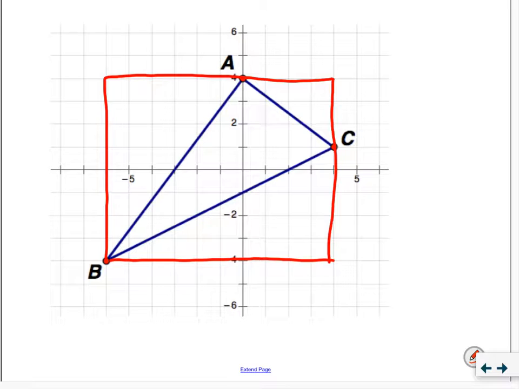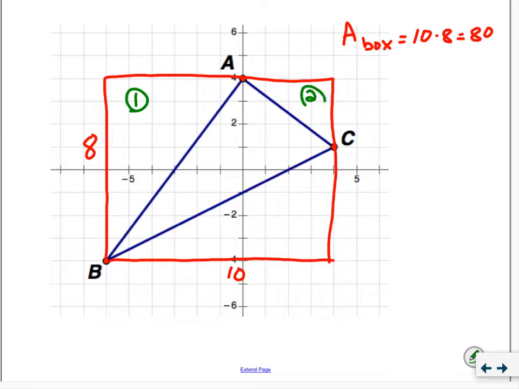So it looks like if I count from point B straight up, 1, 2, 3, 4, 5, 6, 7, 8, its height is 8. And if I go across the bottom or the top, 1, 2, 3, 4, 5, 6, 7, 8, 9, 10. So then what I have now is the area of my box is 10 times 8, which is 80. Now what I then have is 3 other regions that I'm going to remove. Call this region number 1, call this one 2, call this one 3. So if I subtract the areas of these 3 pieces from my box,